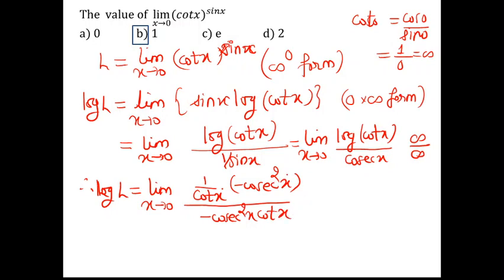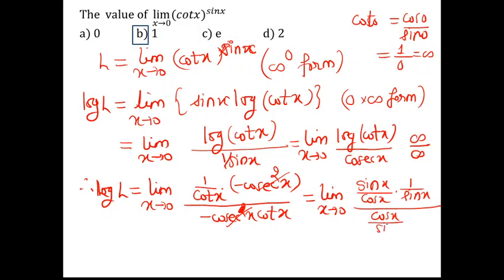So what we find here is that one cosec x gets cancelled. When we have the cosec, cot, sec or tan terms, it is better to write them in the form of sine and cosine. So this one cosec x is left, which we write as 1 by sin x, and 1 by cot x is nothing but tan x, which is sin x by cos x, and this is 1 by sin x. This is what we write in the numerator. Now in the denominator, cot x is left, which is cos x upon sin x.